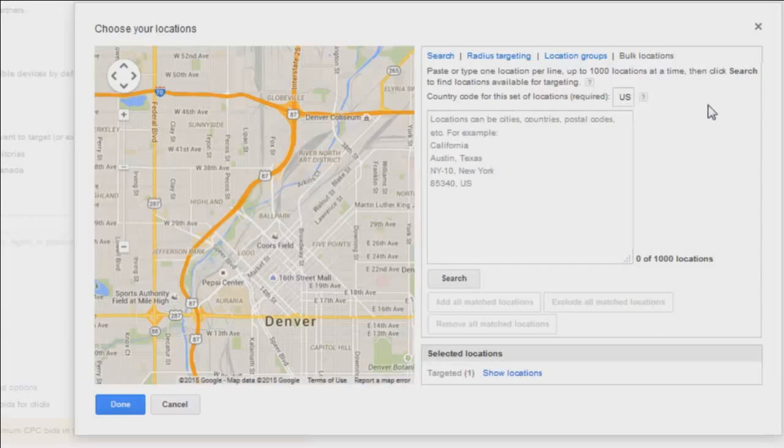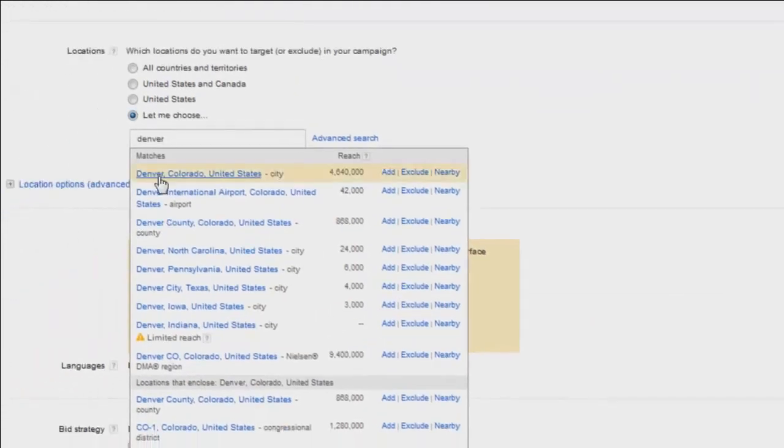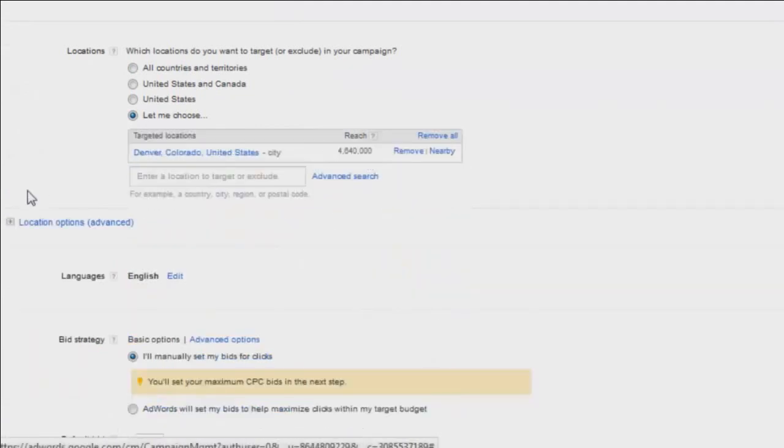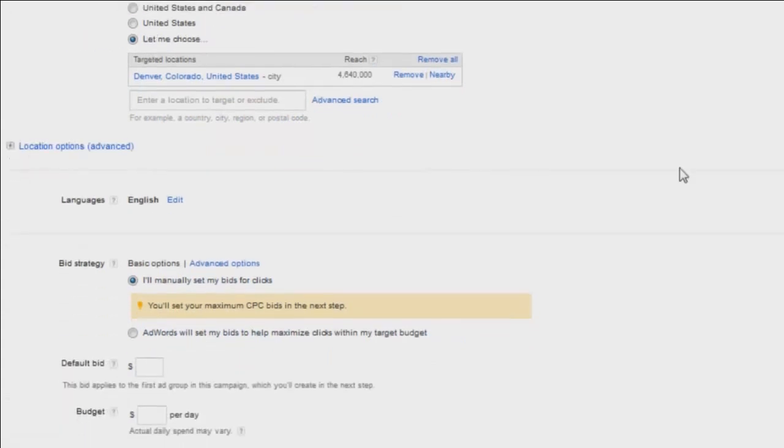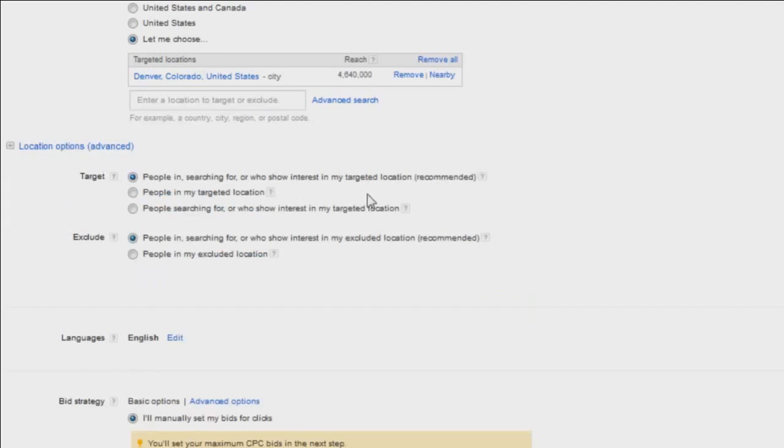However, most people really aren't going to have that issue, and if you are doing bulk location uploads, you're probably already using Adwords editor, which we will cover in another video as well. Just for simplicity purposes, we're just going to say that we're targeting Denver, Colorado. I'm going to go ahead and hit add, and then under the location options, you have 3 things you get